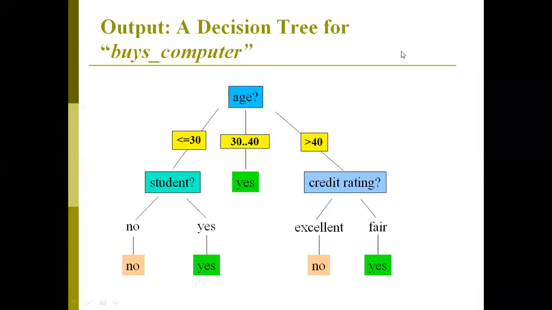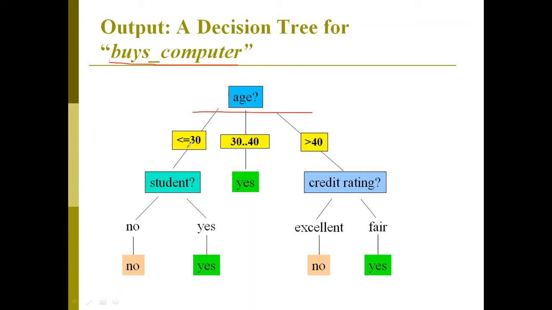Okay, this is the decision tree for the given table. So what is the class attribute? The class attribute is buys computer. Here the first attribute is age. Age is the first attribute, or the root node. It has three kinds of values in the training set of data: less than or equal to 30, 30 to 40, and greater than 40 years. These are the three kinds of values we have in our training data set table, right?